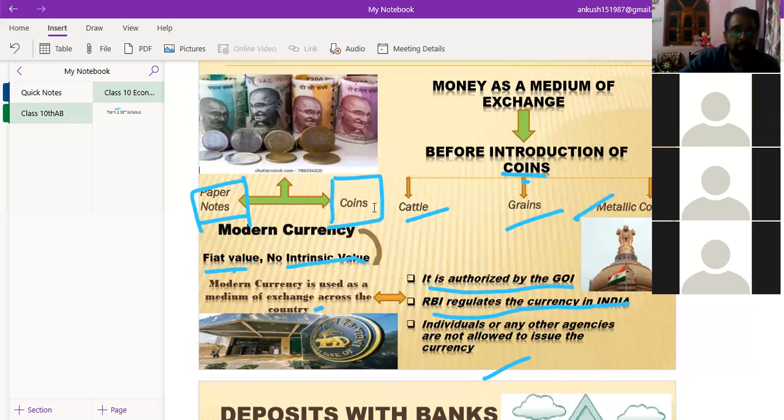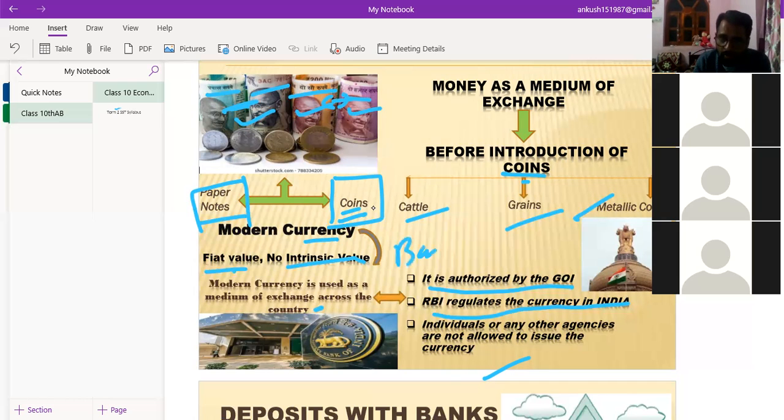And the new ones, as you can see here, this 2000 rupees, 200 rupees, this is 100 rupees, and this is 50 rupees. These are the old, but these two are new paper notes, or money. And the coins which are introduced by the government of India. These are the modern currencies. And these modern currencies can be used with modern forms, like the banking sector.